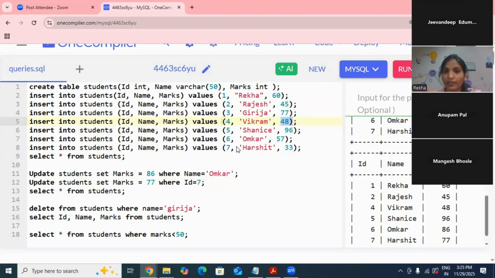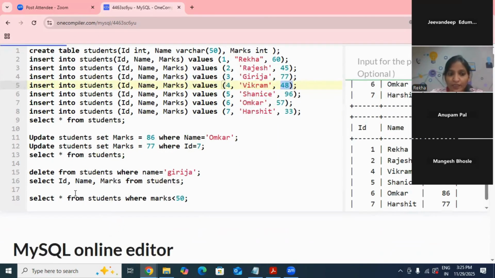If the entries are few, you can easily make out and then show it to them, like you can give the explanation. So these queries are used whenever we have huge entries. Writing the query is very easy here. Select command is used, whereas select is for retrieving purpose. So I am writing select star from students where, again the where clause is used for conditional purpose. So I'm telling where marks are less than 50. If I click on run,